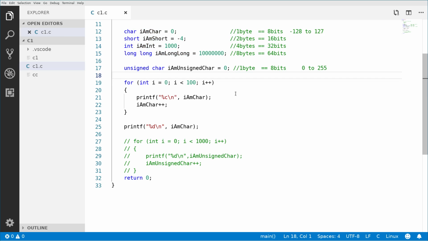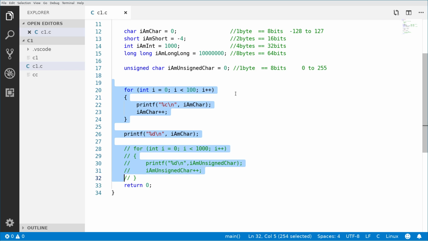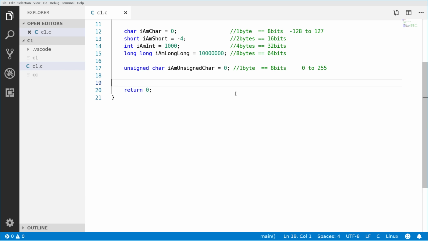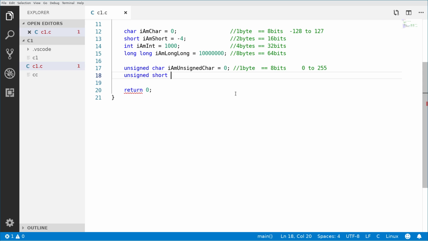So we have here "I am unsigned char." I think we can delete these guys right here because we won't need them for now. We also have unsigned short, "I am unsigned short." Okay, we have unsigned int, "I am unsigned int"